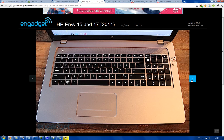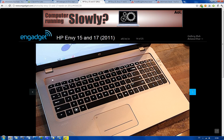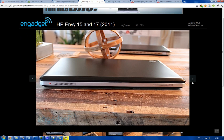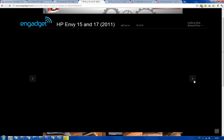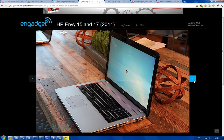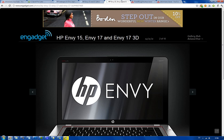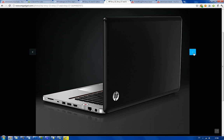Boring back, yes, very boring, but it really looks like a MacBook Pro, and I like that. I know that Apple's gonna be pissed off when they see it like this, because the first NVs from 2009 didn't look as close to a MacBook Air as this one does, or these are doing. So if we also take a look at some official pics here,